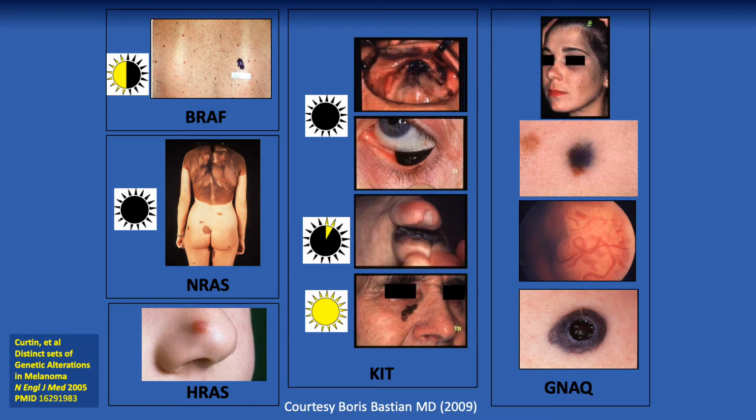And this slide depicts figures from that paper, kindly provided to me at the time by the senior author of the paper, Dr. Boris Bastian, a dermatologist and dermatopathologist, and now distinguished professor of cancer research at UC San Francisco. The theme of my talk was Melanoma is not a single disease. And now, over 15 years later, we can say that all of this information has not only been confirmed, but